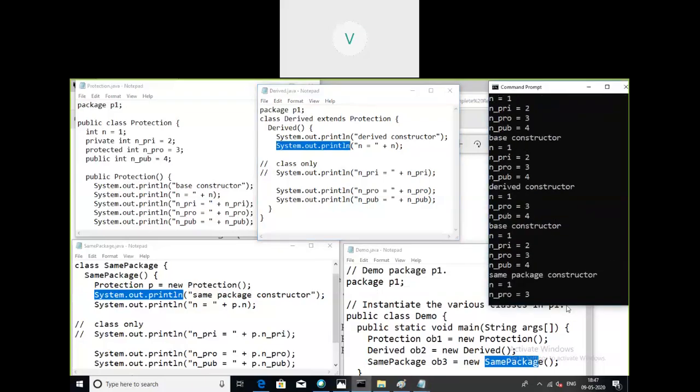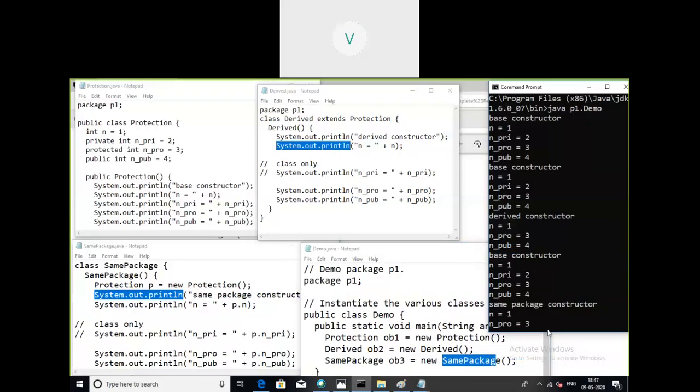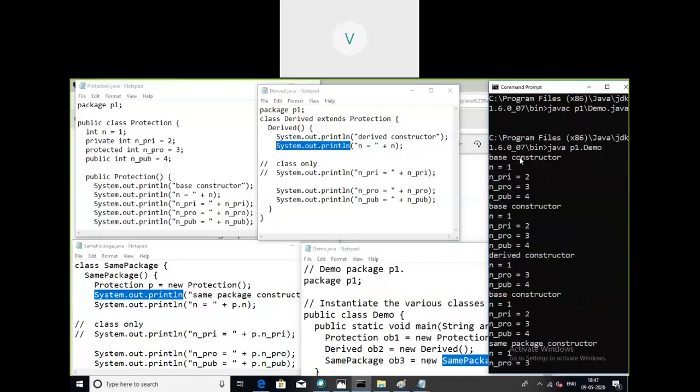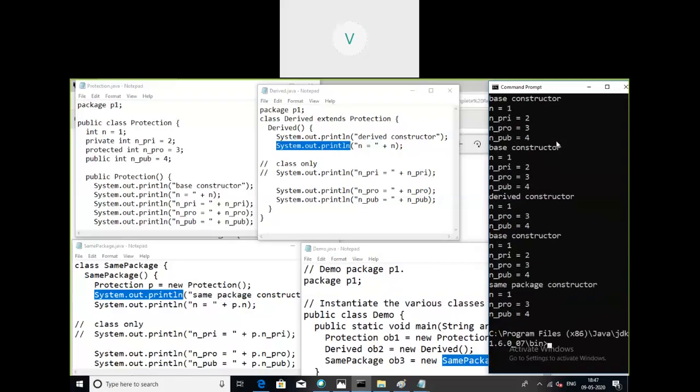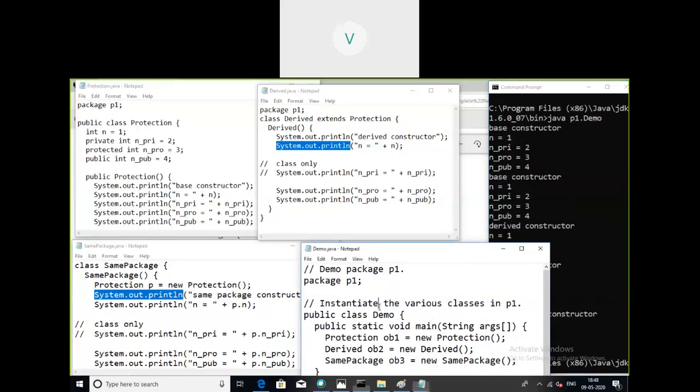How did we get this output? The very first statement which will execute in the demo class is calling the constructor of the class protection.